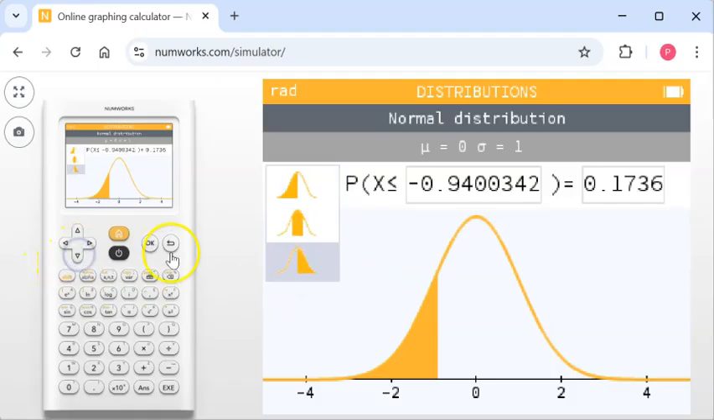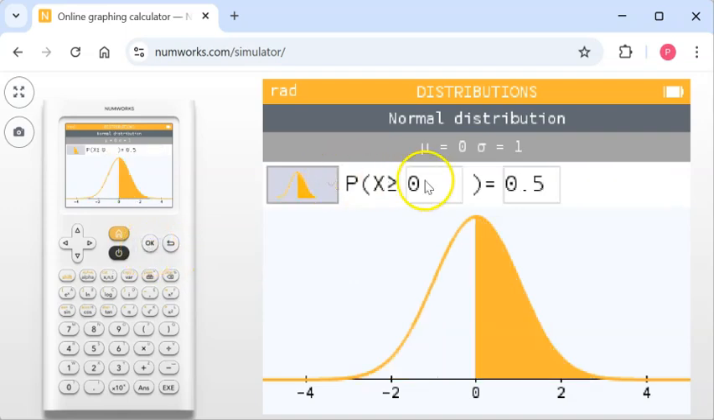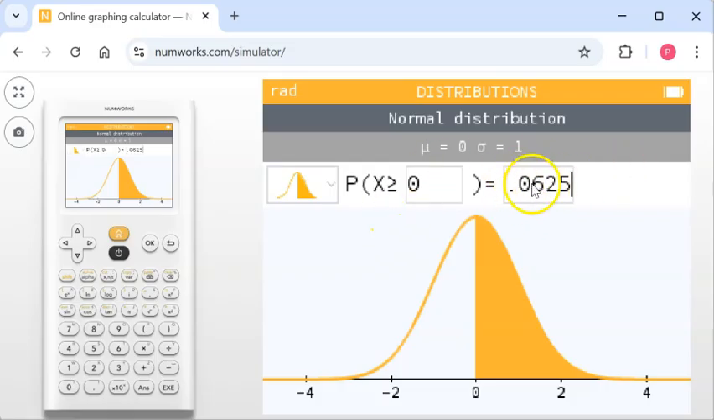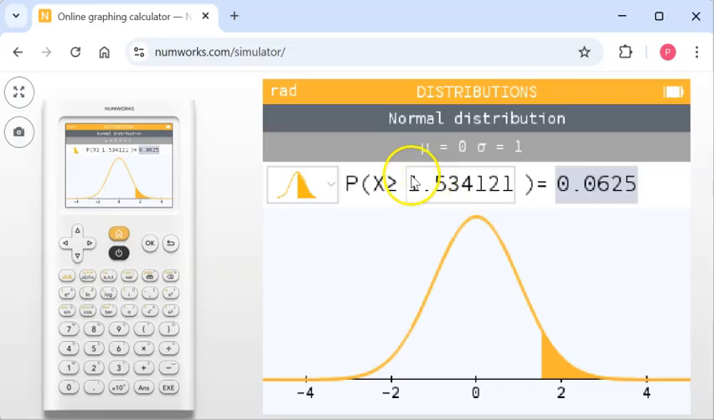Okay, so we're going to arrow down to the above and hit OK. And now look, it's showing a shading above. This is where the z-score is going to be, and we don't know that. What we know is the proportion, and this is where the proportion goes. So we're going to arrow over to the proportion, and we're going to put in 0.0625, because that's what it asked about. Let's make sure. Yep, 0.0625. So we're going to put in 0.0625 and hit execute, and here's our z-score,